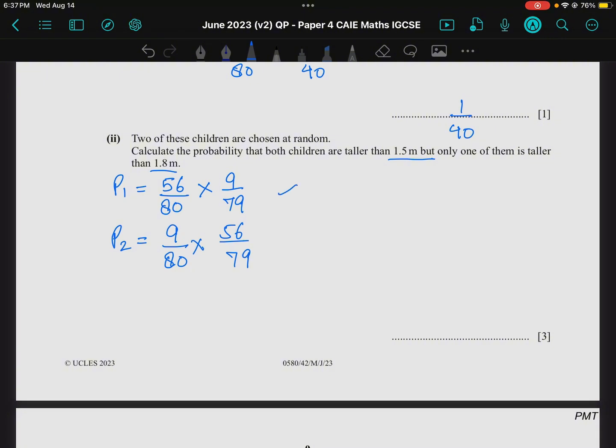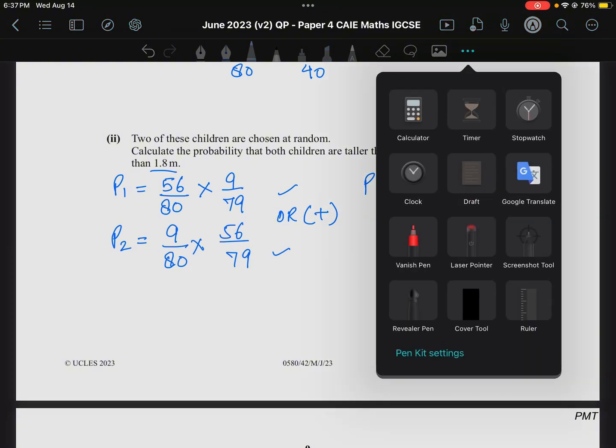So either you will do this or you will do this, for or it will be plus. So total of the probability is P1 plus P2, which will give you, when you multiply these two, you will get